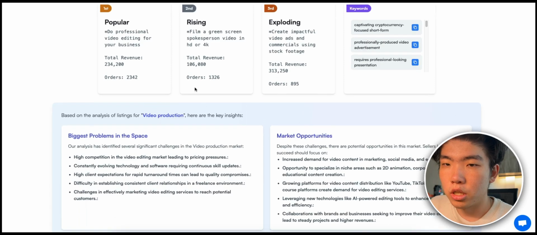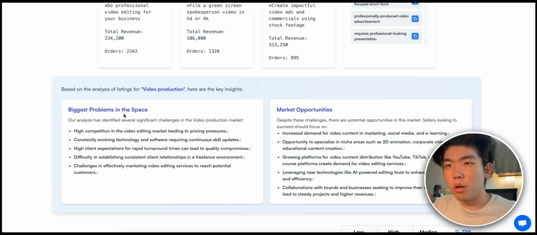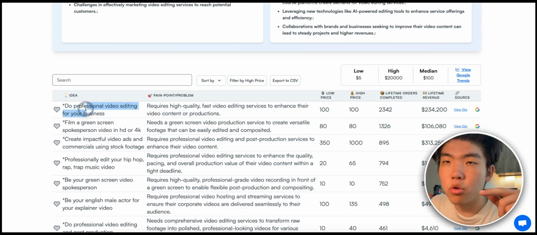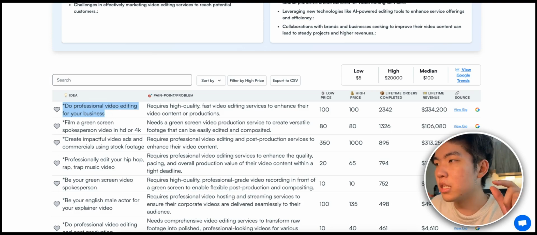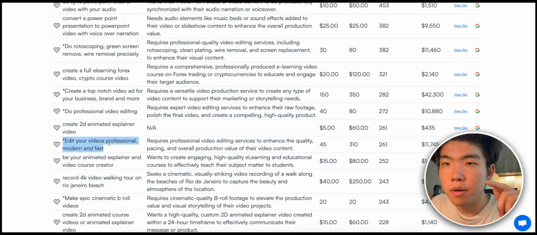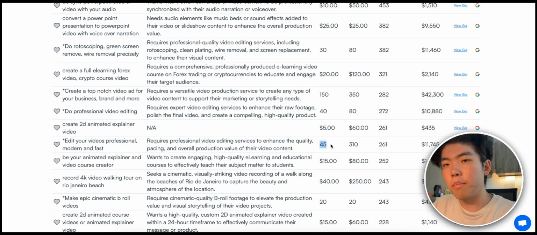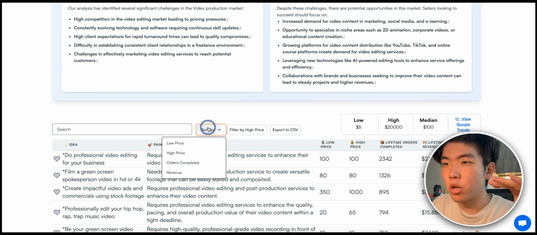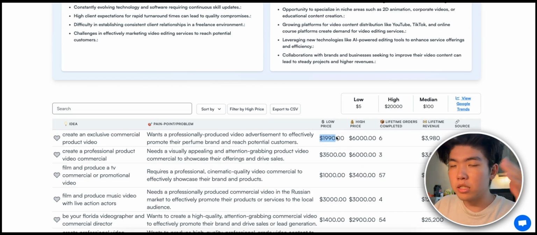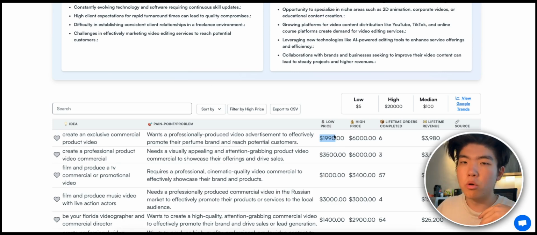So there's a nice little summary of the biggest problems in the space plus all the market opportunities. So you can read that, and then you can also see, okay, this one does professional video editing for your business. It's made over $200,000. That's great. And as you scroll through, this person edits your videos professionally, modern, and fast. They charge $45. Okay, maybe we want to charge a little bit more. So we sort it by high price, and you can see that the high price is $2,000. So instead of just pricing it at $45, maybe I charge a little bit more, and I offer video